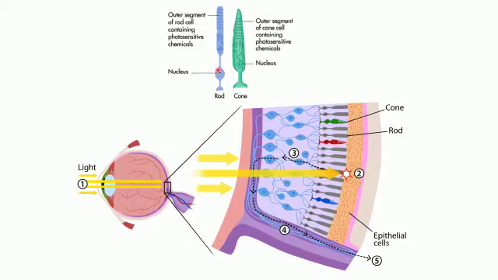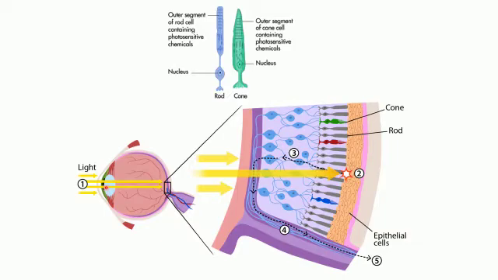Now these cones are concentrated in the center of our retina in an area which is called the macula. Here you can see that this lining is the retina, and the central part is comprised of an area called the macula. Now the macula is a part of the retina that is responsible for sharp and detailed central vision. So this area is responsible for the central vision, and it contains a very high concentration of cone cells. So this is the function of the macula, which is present in the central part of our retina.